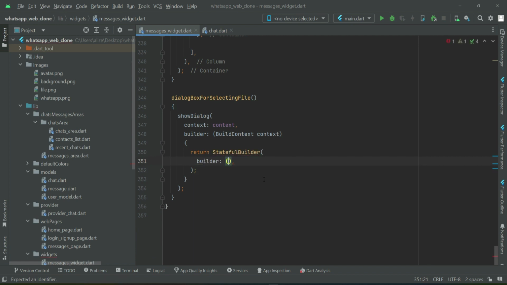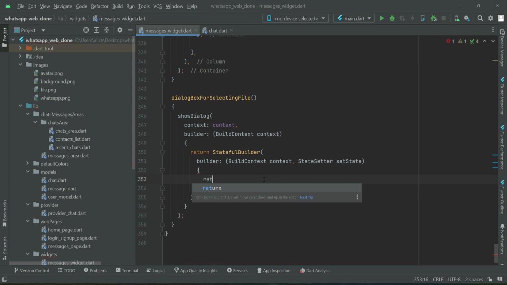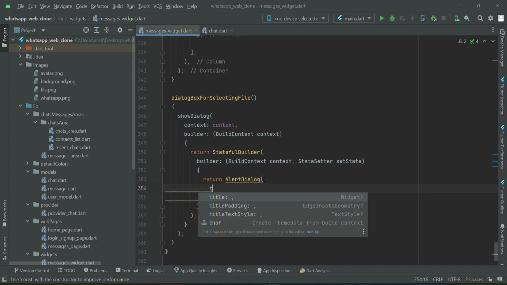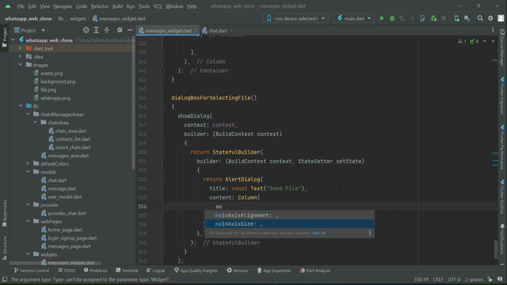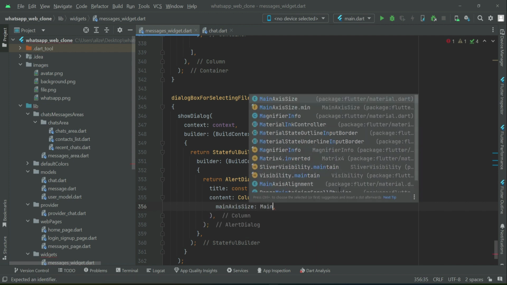Builder, build context, and then the state setter. Display title. In the title we will say send file. Content, column widget, main axis size dot minimum,